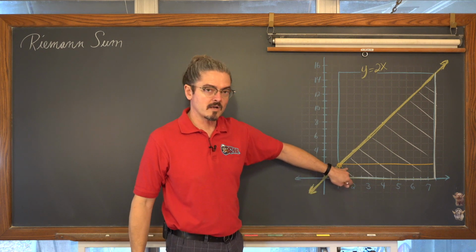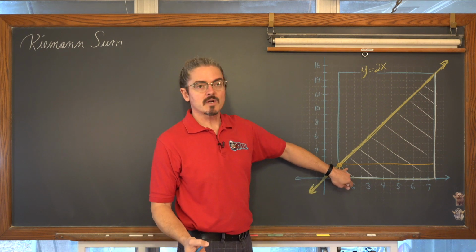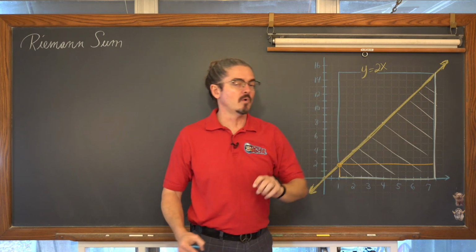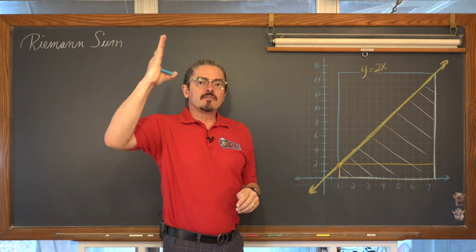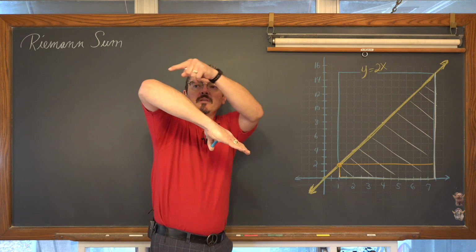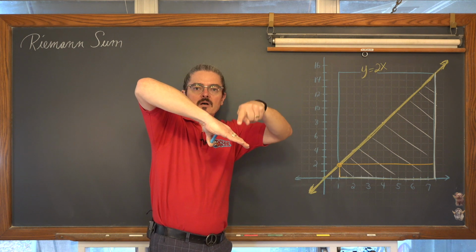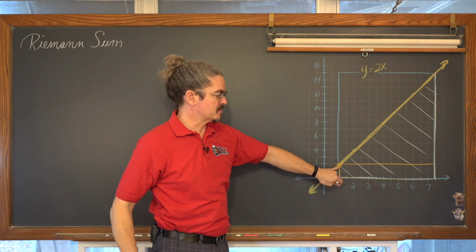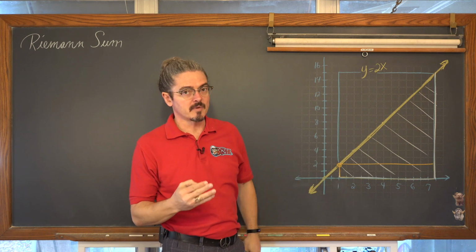So we have a small orange rectangle and we have a large blue rectangle, and we have the actual area shaded in white. If a function is decreasing, then a left Riemann sum is going to make an area which is too big, as opposed to an underestimate. It'll be an overestimation.